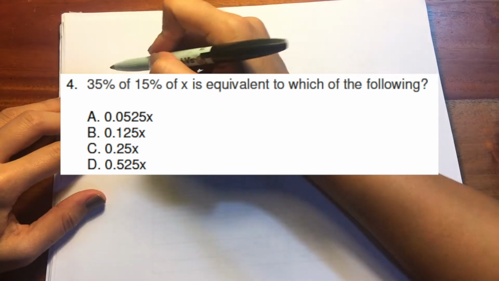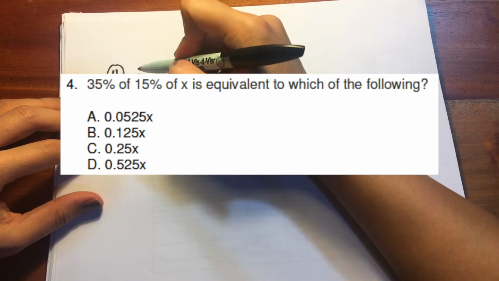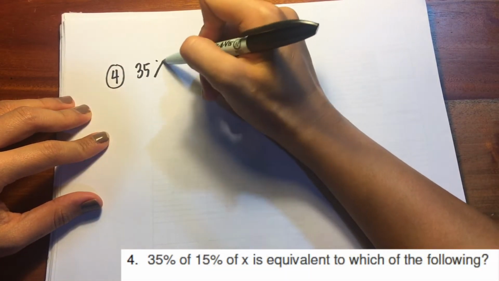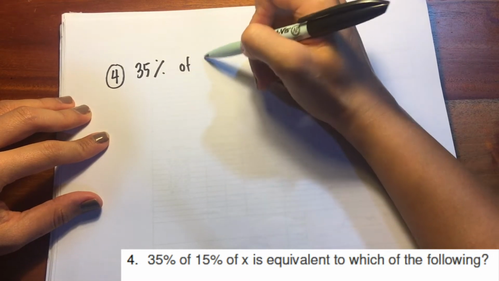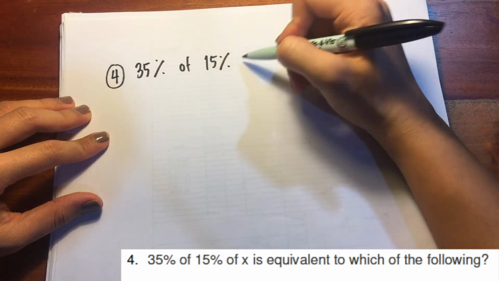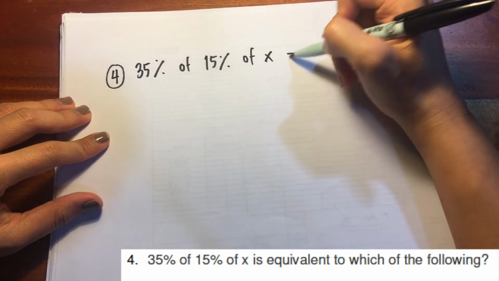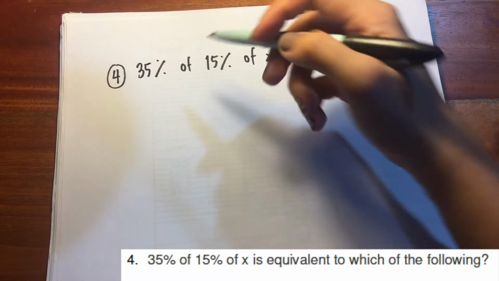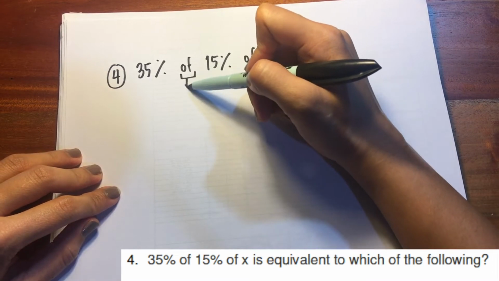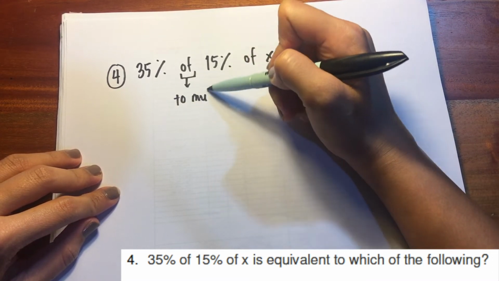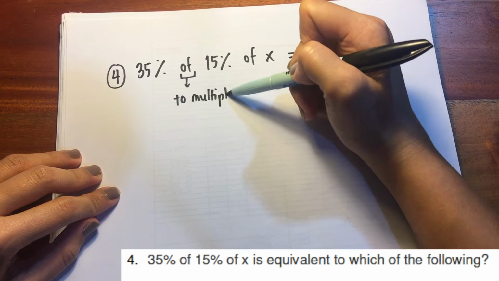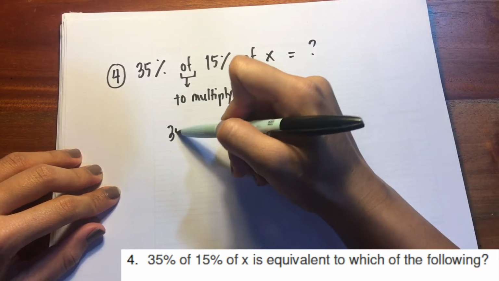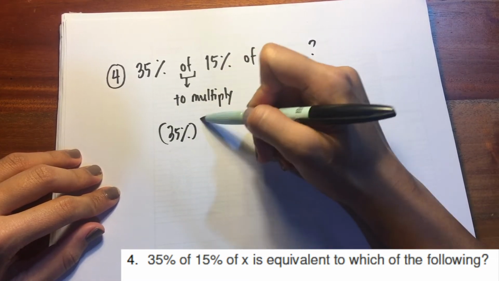Okay, number 4. 35% of 15% of x is equivalent to which of the following? So how do you solve for this? Of actually means to multiply. Okay, so 35% of 15%